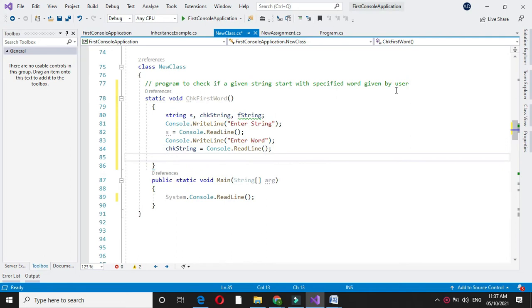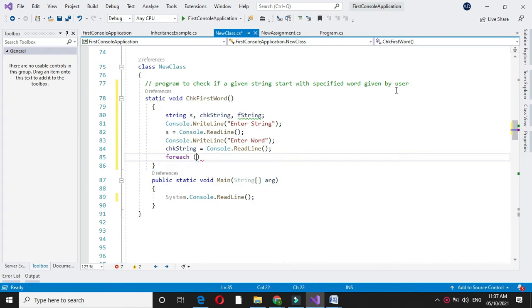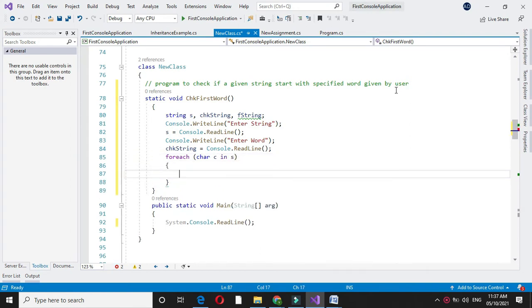And then we will use for each loop. It is for each character C in S, that is we will going to check character by character for first word. And in this f string variable I will store the character.